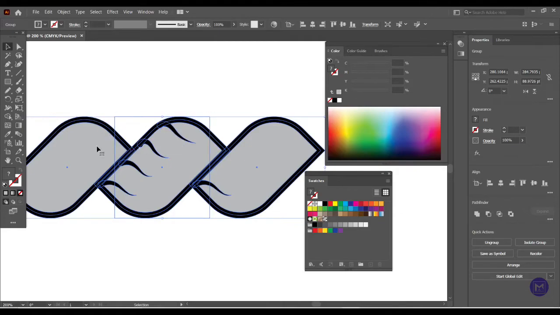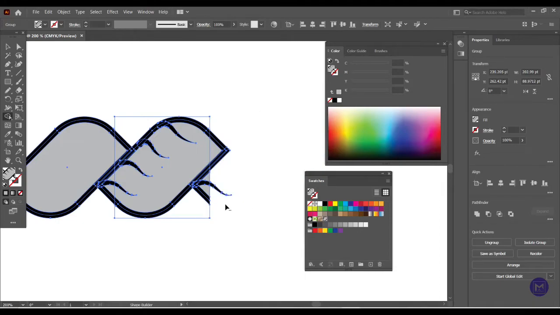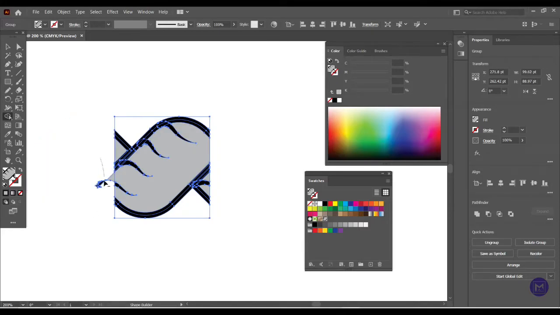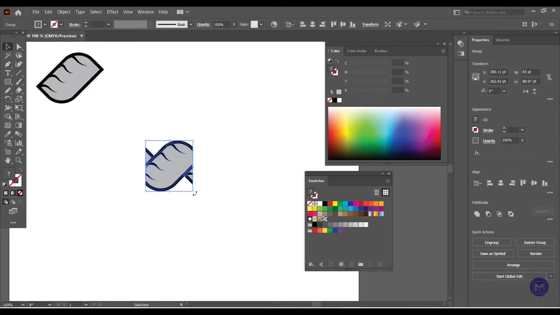Now we have to remove the areas outside the square. So simply take your shape builder tool, hold the Alt key and drag it over the areas you have to remove. Like this. Now make a little bit small